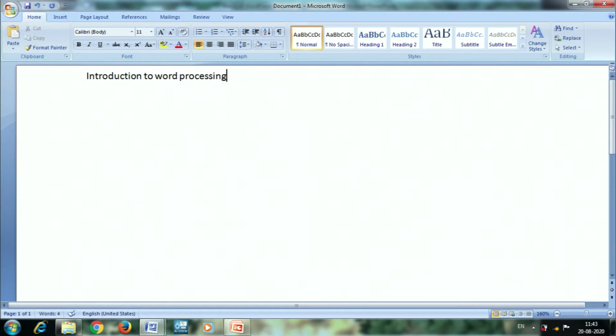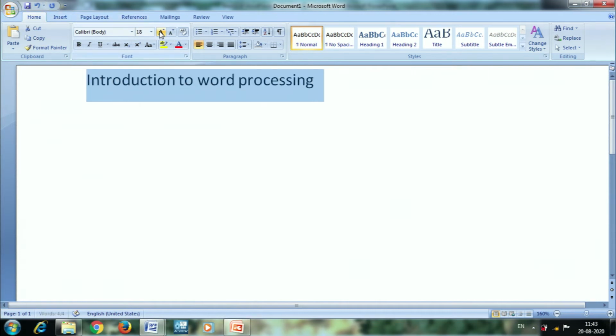So, you will be able to see what I am typing here. If I want, I can increase the size so that you will be able to see the content in a bigger font.